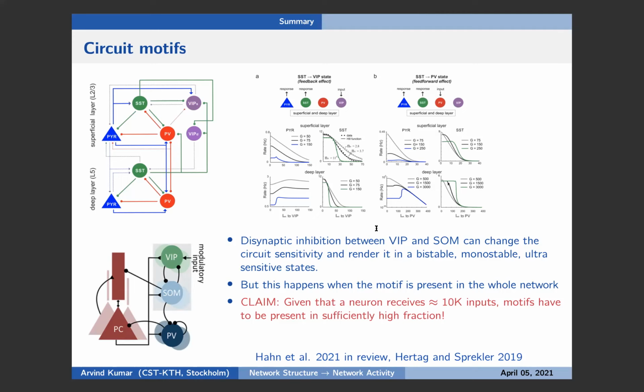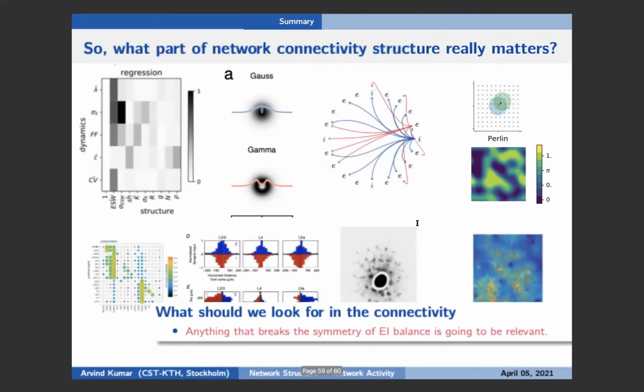My guess is that the way we have a continuum in the spatial correlation of anisotropies, there should be some similar continuum as well. But in any case, the point is that there is a lot of theoretical work that has been done relating the structure of networks to the activity dynamics. And that reveals some properties that are important. For instance, the features of connectivity which have the tendency to disturb the EI balance landscape. Those are the ones that we should be measuring, and not every random detail that might exist in the biology of the brain. Yeah, thank you so much.